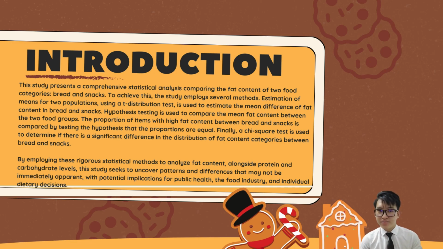The proportion of items with high fat content between bread and snacks is compared by testing the hypothesis that the proportions are equal. Finally, a chi-square test is used to determine if there is a significant difference in the distribution of fat content categories between bread and snacks. By employing these statistical methods to analyze fat content alongside protein and carbohydrate levels, this study seeks to uncover patterns and differences that may not be immediately apparent, with potential implications for public health, the food industry, and individual dietary